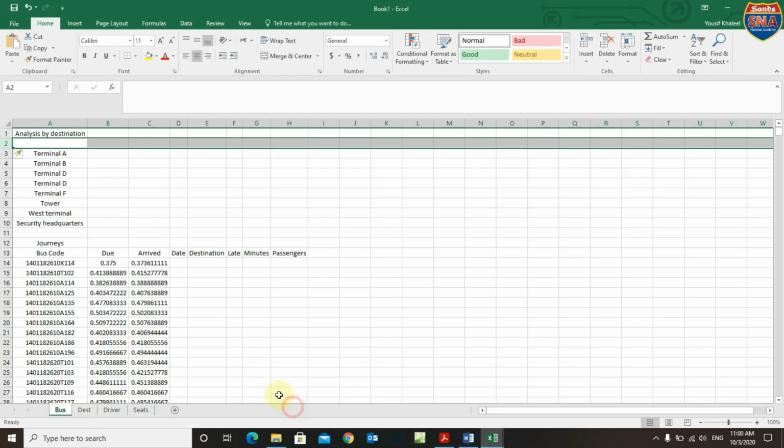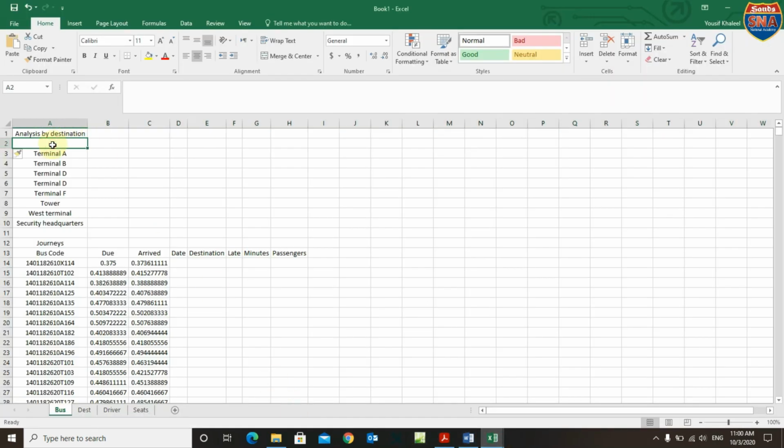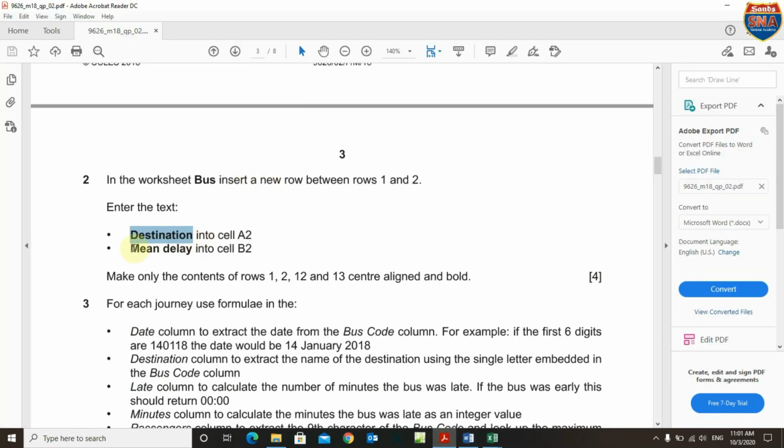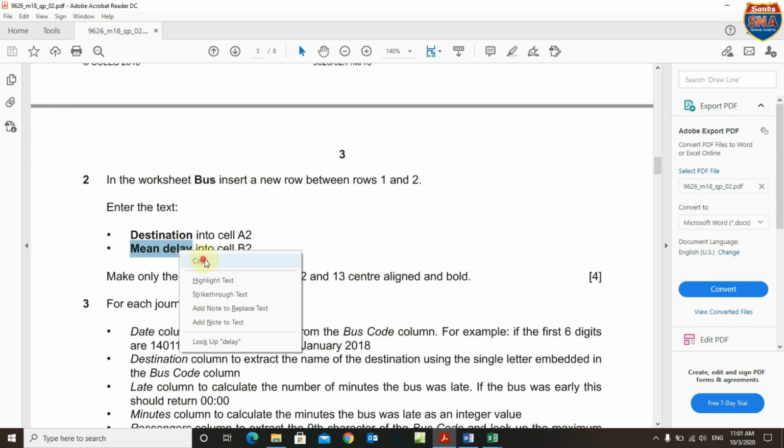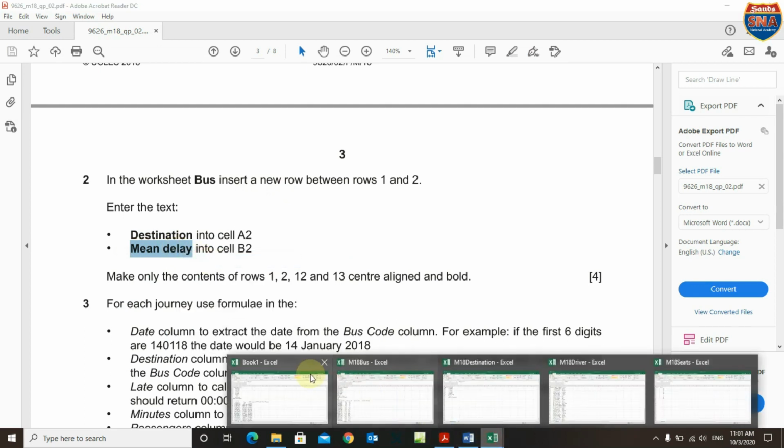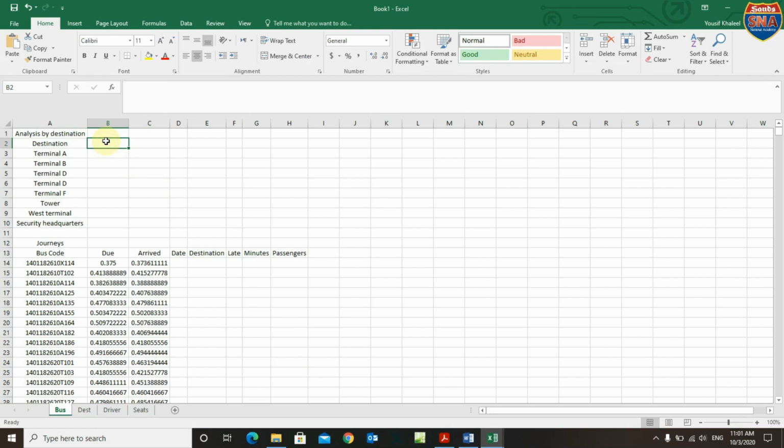So this is A2, and paste in the A2 destination, and mean delay in the cell B2. So this is B2 and this is mean delay. Okay,